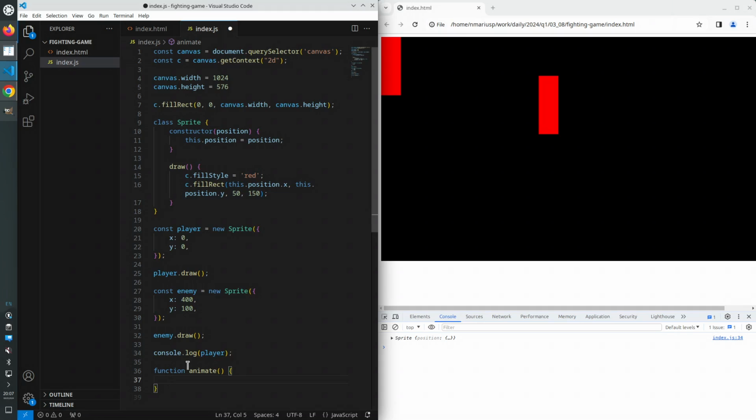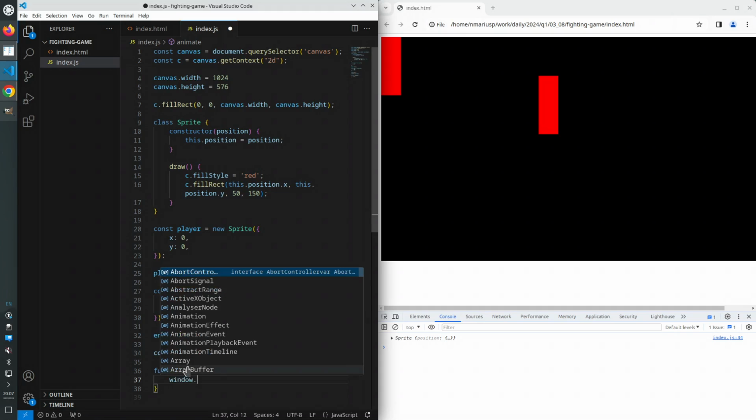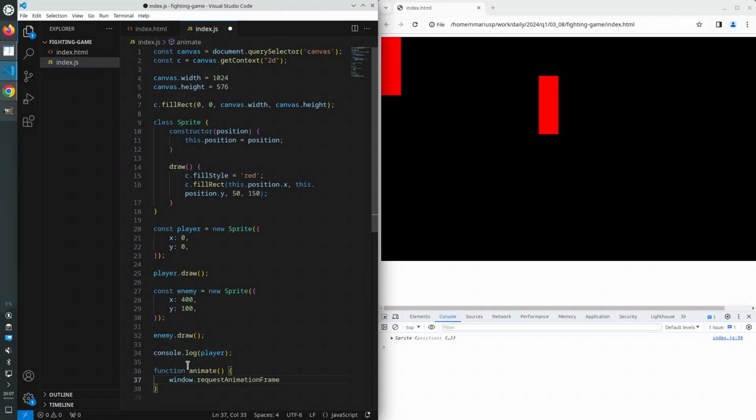And we're going to use the object window and then requestAnimationFrame to call the function animate. So what this thing does, once somebody calls the function animate, let's call it,